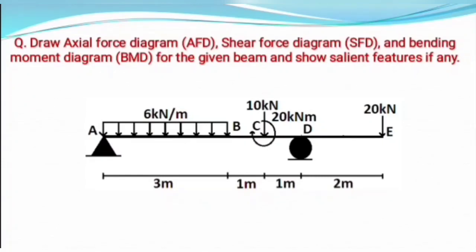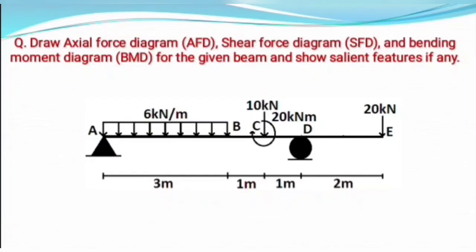We have UDL, uniformly distributed load of 6 kilonewton per meter at portion AB of the beam, and a point load of intensity 10 kilonewton at point C of the beam. Also a point moment of 20 kilonewton meter at point C, and finally a point load of intensity 20 kilonewton at point E. Due to these loadings, internal forces like axial force, shear force and bending moments are developed along the span of